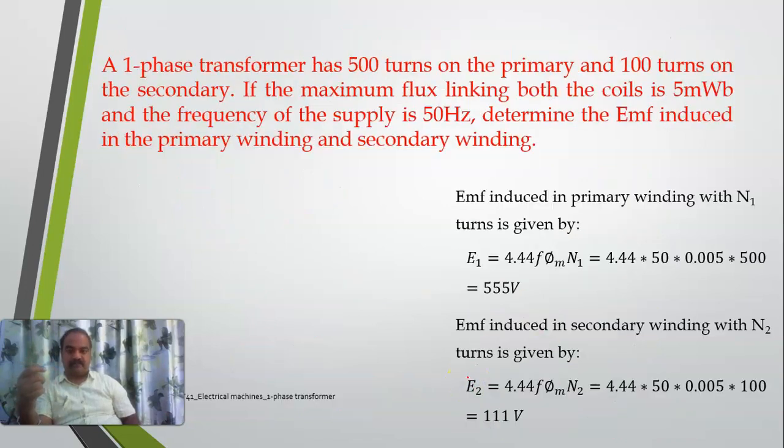Okay. Now the next one, see here. A single phase transformer has 500 turns on the primary and 100 turns on the secondary, which means N1 is 500, N2 is equal to 100. The maximum flux linking both